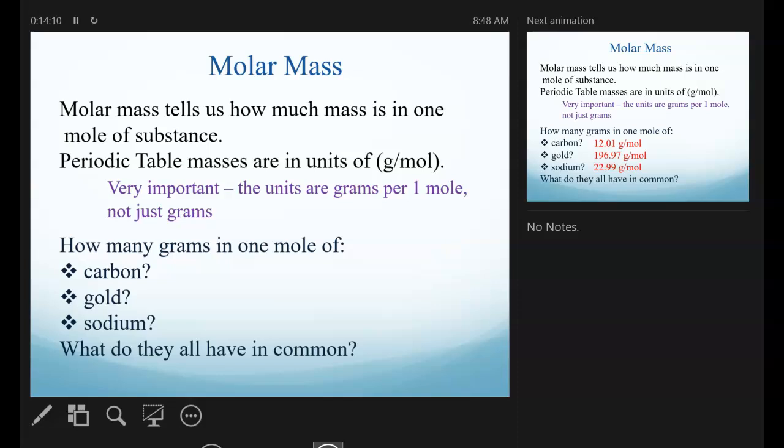All right, so molar mass, this is the average atomic mass from the periodic table. Now, instead of using that AMU unit, we're now using grams per mole. Okay, so now what you're going to do is you're going to find how many grams are in 1 mole of carbon. What do you do in order to determine that? Then you gotta find carbon on the periodic table, okay? So here is